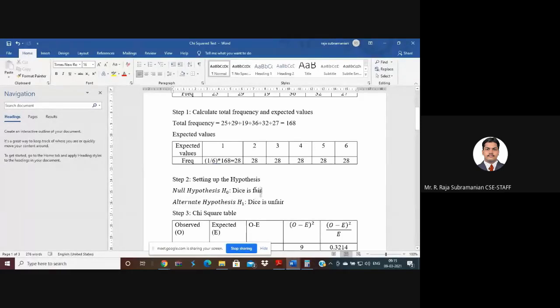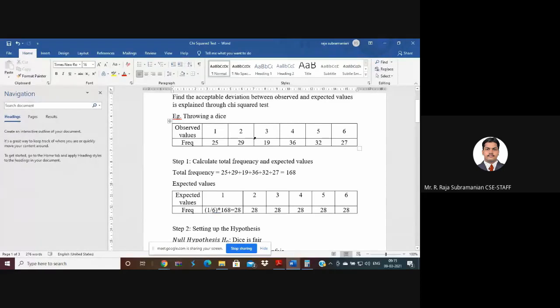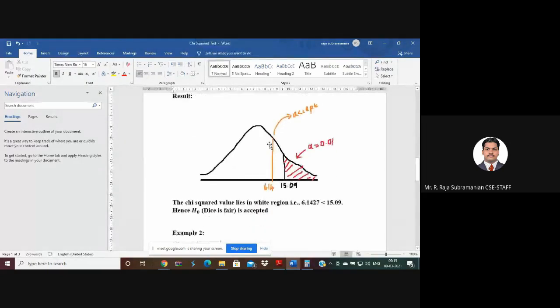Now, without any changes, what I will do is just observe and accept my observed values. I say that the dice is fair, and the numbers may be different. Why? Because it is real time, right? That is the thing I say. Now coming to here,